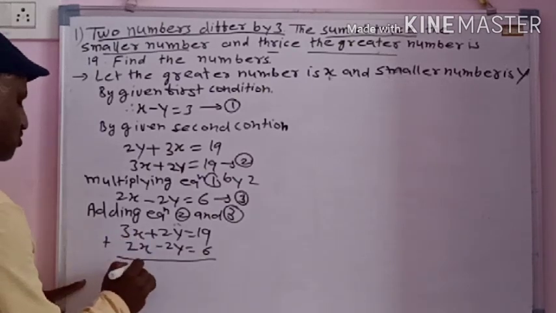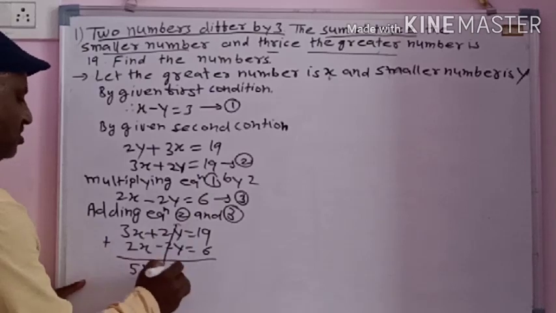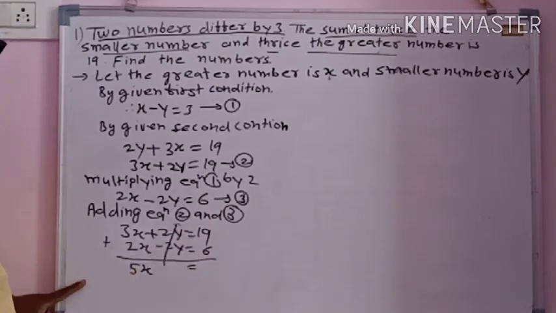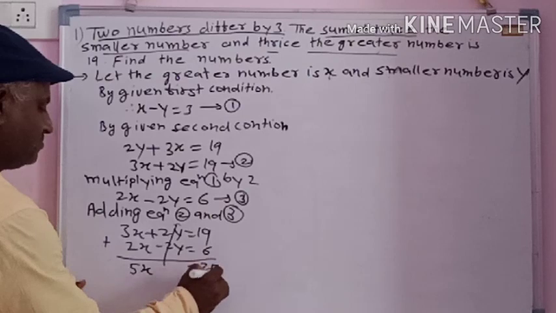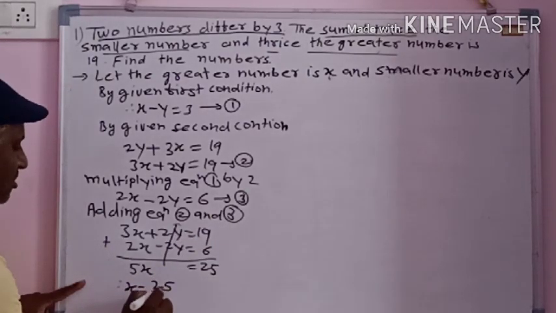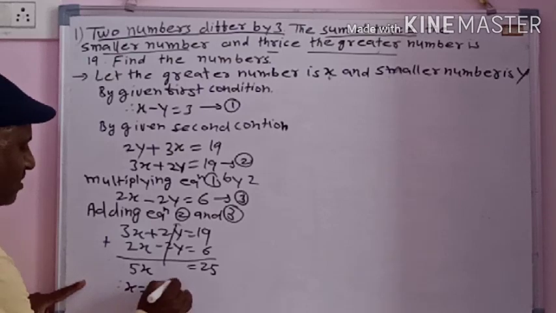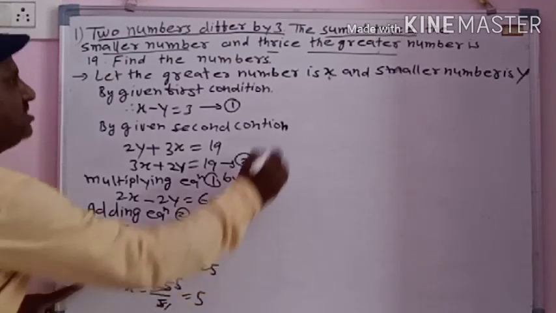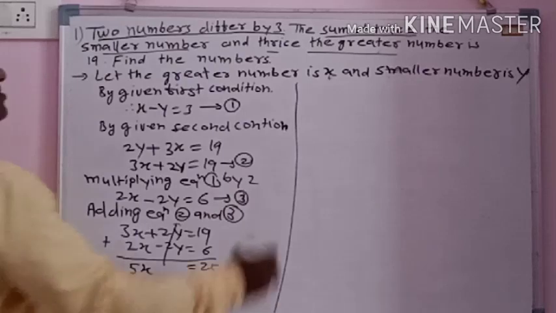Adding, 3 plus 2 is 5x, 2y gets cancelled, 19 plus 6 is 25. Therefore, x is equal to 25 upon 5, which is 5. Put